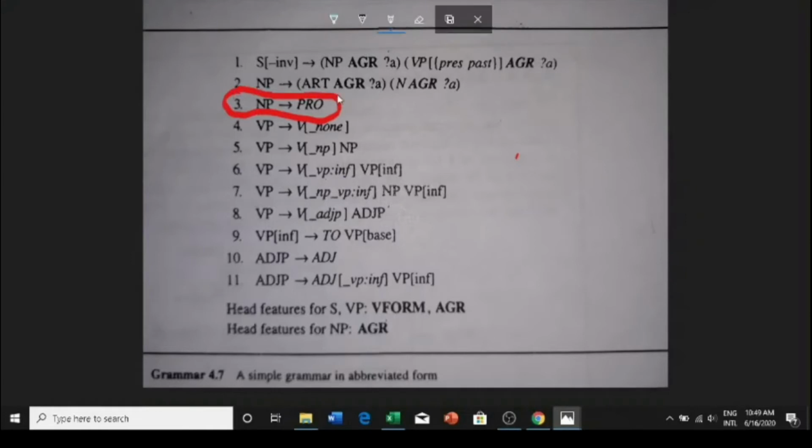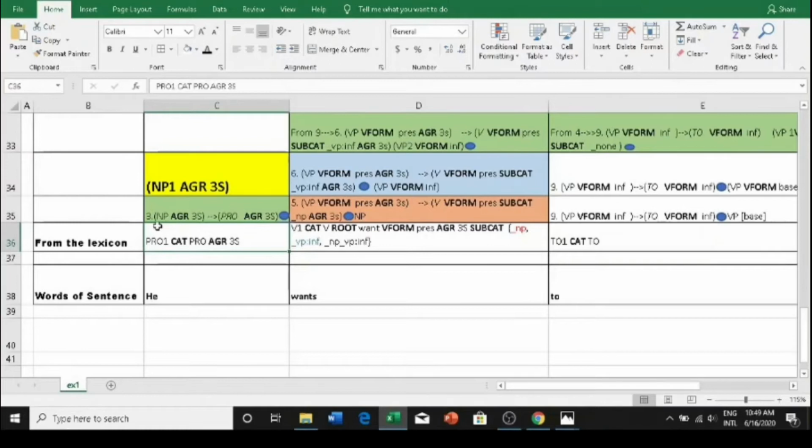So we will use this rule to write out a production. So we did write that rule, right? We are using rule number 3 to write out that production itself here. So we are instantiating the feature values on the right hand side of production 3 with the entry that we got from the lexicon. Okay, so if you see the case of this pronoun, the AGR value that we got from lexicon was 3s.